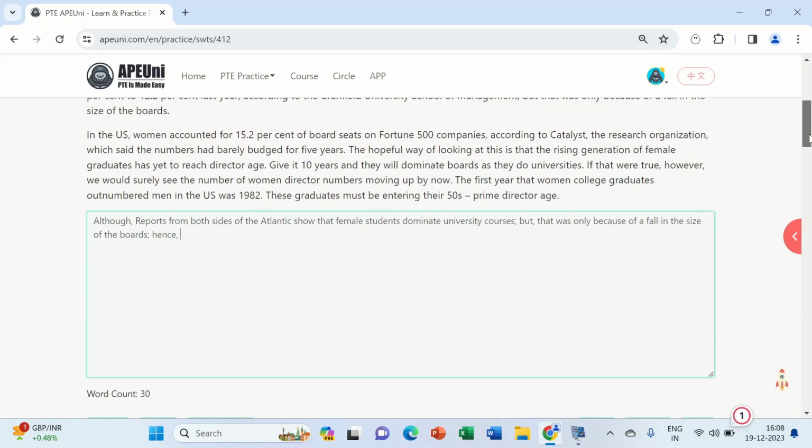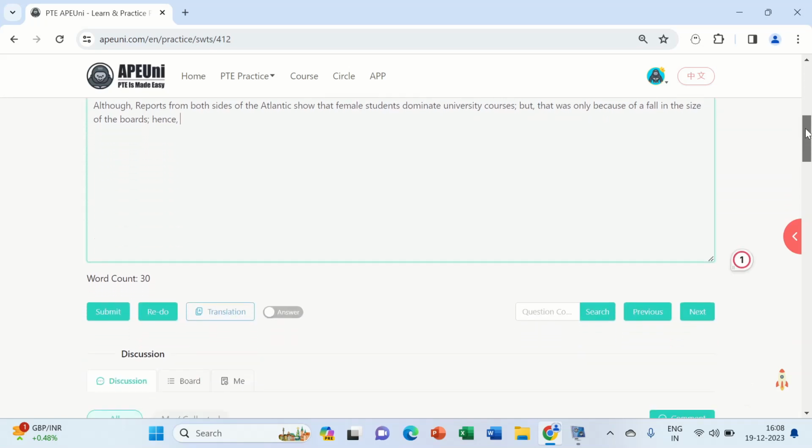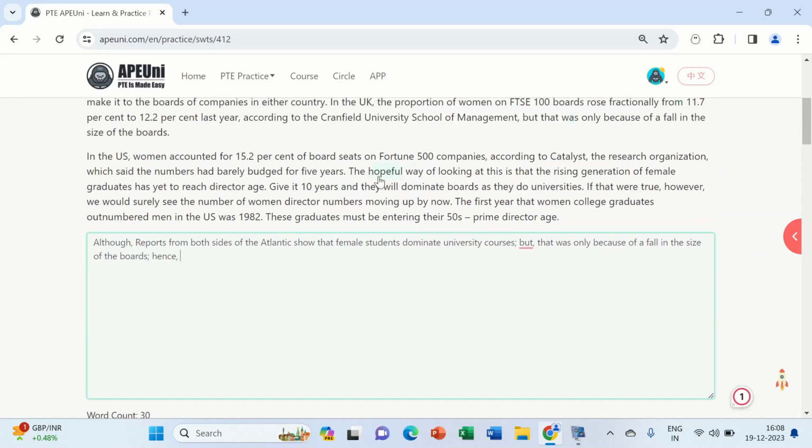Or you can check the word limit from here, and we have 30 words. So I will choose the hopeful way from here.